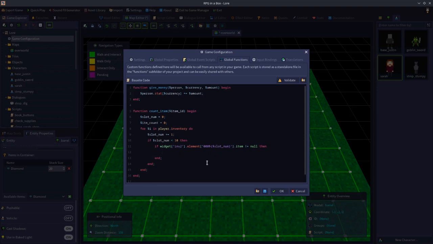So if it is not null, then we want to create another variable called item, which is going to equal widget inventory2.element 0, 0, 0, dollar open and close squiggly brackets, dollar slot_num, .item. And don't worry, I will explain everything that this is doing once we've finished creating it. We need one more if statement within here. So if $item.id is equal to $item_id, then again enter twice, type end, semicolon, go back up, press tab,